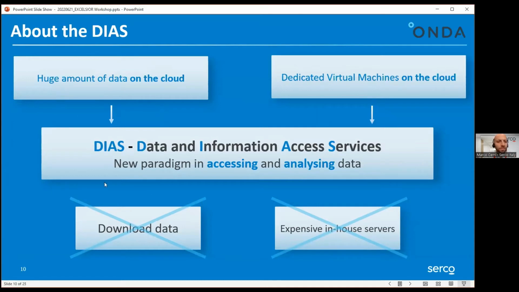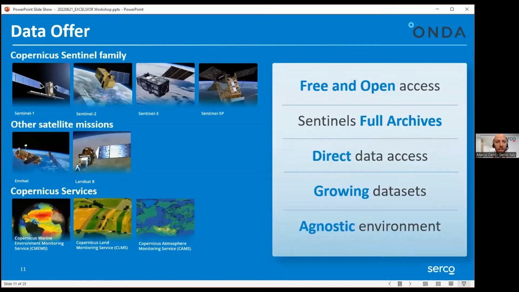And as we already said, it provides you the whole amount of data that you need on the cloud, together with dedicated virtual machines that are available for the users, with of course no need to download data or run the analysis on in-house servers. Of course, on the ONDA platform you can have access to all the Copernicus Sentinel products, together with other satellite missions and some of the Copernicus services. Of course, everything is freely available